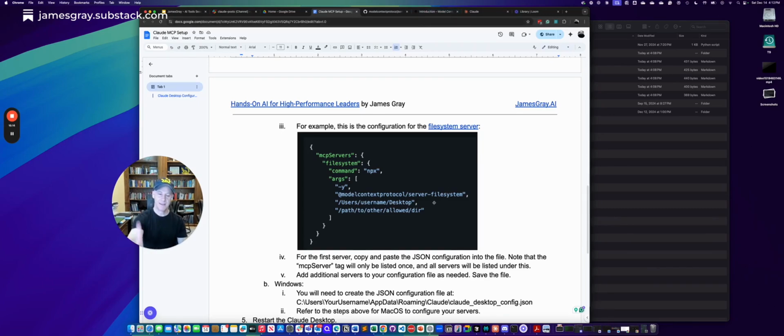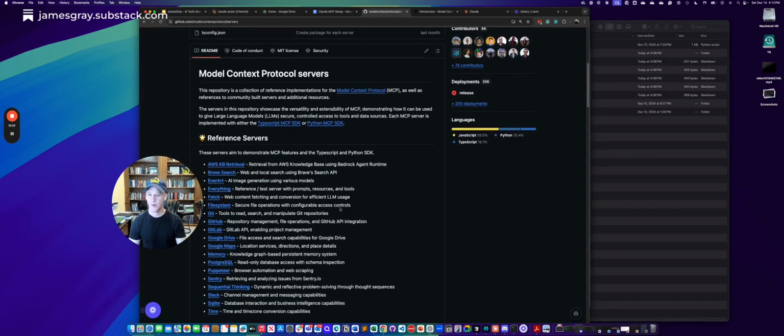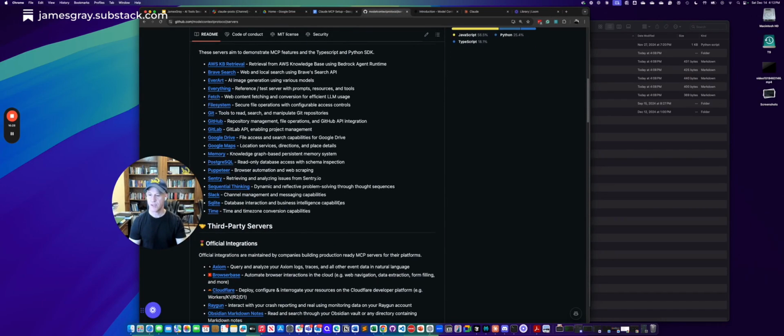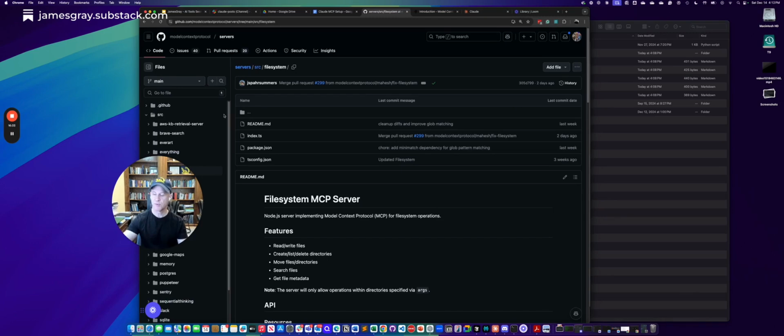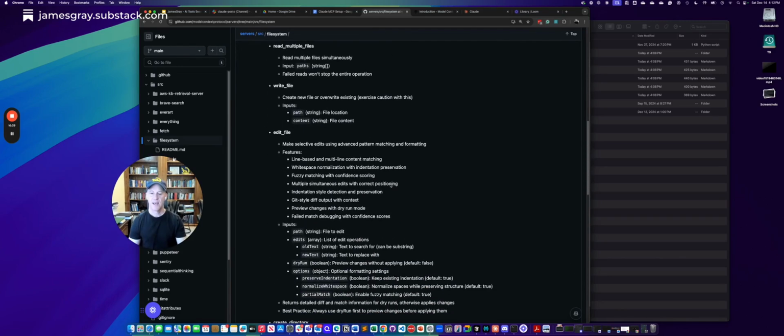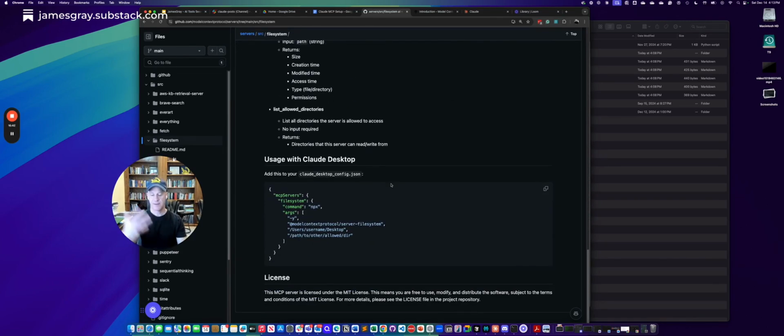And so in these instructions, I show you where that particular file is. It's also available in the Claude documentation. And really what you're going to do, if we were going to leverage the file system one, all we would do is go to this page that lists all these servers, and then go down to, they've got a bunch of documentation, but really what we're going to do is literally just click on this button here that says copy, and paste this into a configuration file.